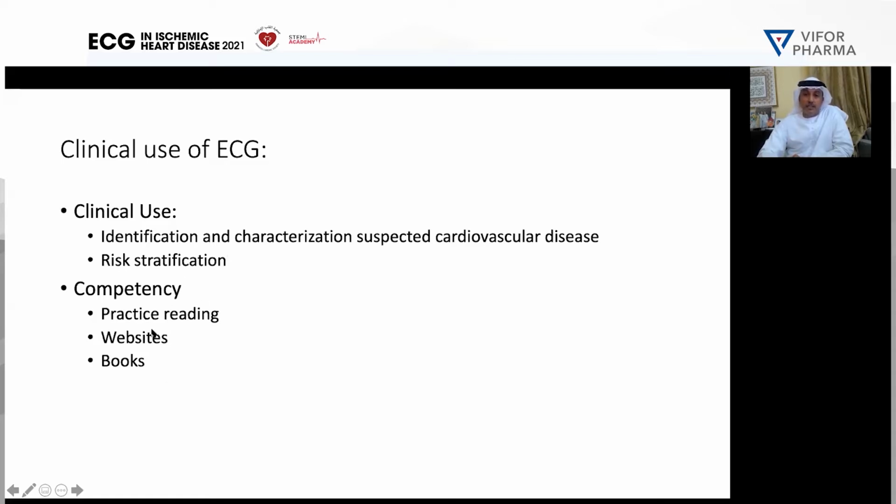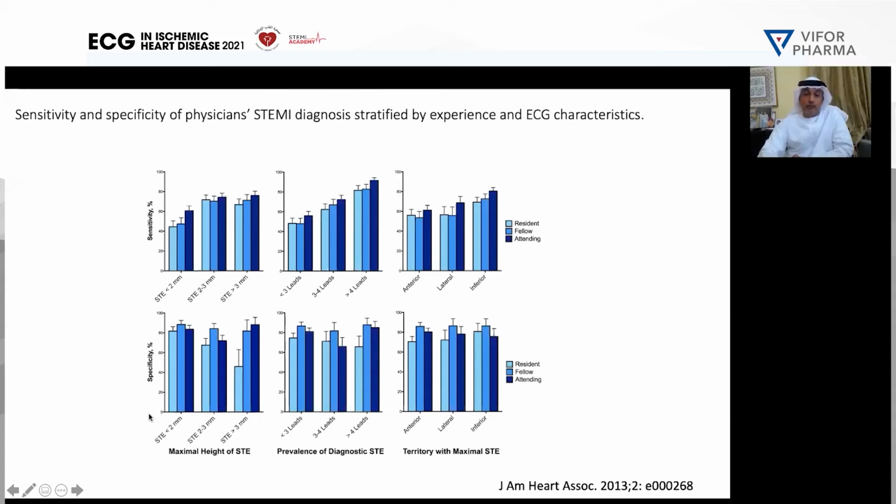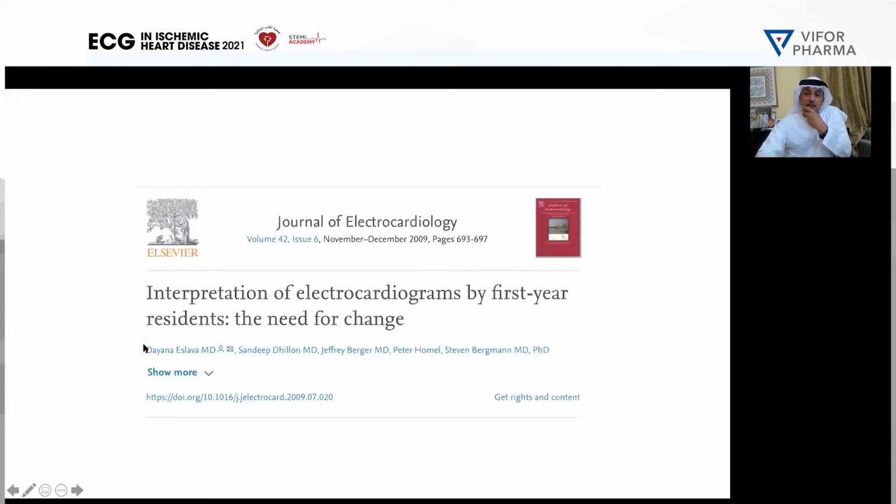So you have to increase your competency, and these are tools that can help you improve it. If you feel there's a gap in your knowledge of ECG, don't feel bad about it. A study published in one of the Journal of the American Heart Association journals showed that residents, fellows, and even attendings or consultants can have gaps, specifically when the criteria or the diagnosis is very subtle, very small. Sometimes the sensitivity can be down to 60 or 70% when the ST elevation is not so high. So if you feel a gap, don't shy away. It's okay. You have to improve your skills, especially if you're working in emergency or primary care. Otherwise, you will be missing MIs, and this is something we don't want,